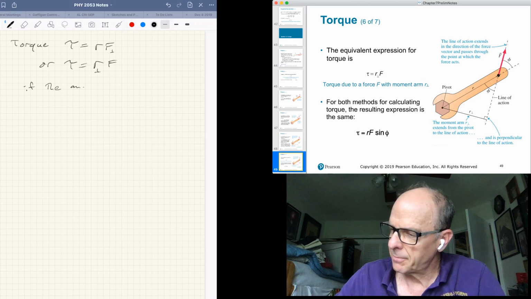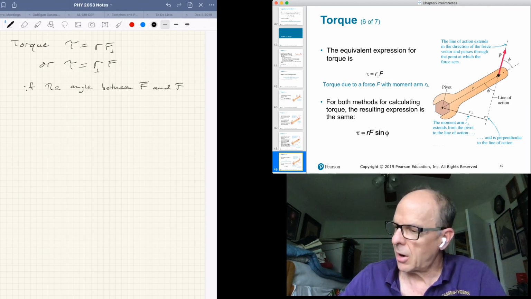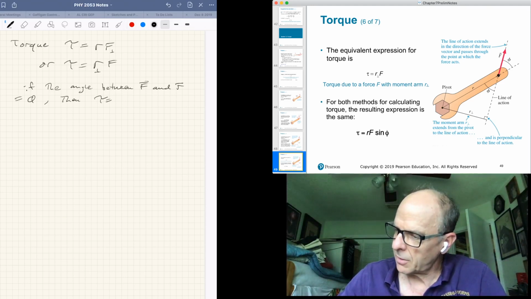So if the angle between the force and, I'm going to put a vector symbol over that r, is phi, then torque is rF sine of phi,